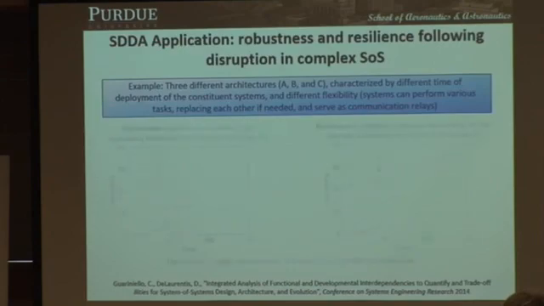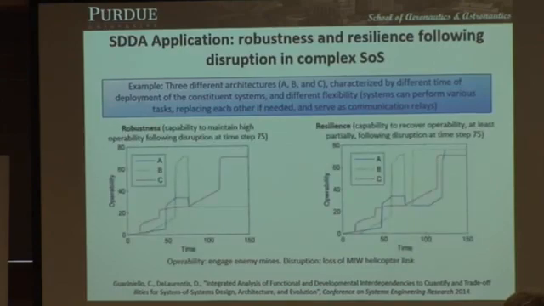What's important is some application. For example, in this case, I had 3 different developmental architectures called A, B, and C that were still for the naval warfare scenario system. I just decided to develop my anti-submarine, anti-surface, anti-mine systems at different times. So the first thing I have is my capability, my operability of detecting and engaging the enemy is growing over time because I'm deploying more and more systems. But at some point, I might have some disruption or some attack, or just some stakeholder deciding that they won't give me their system anymore.